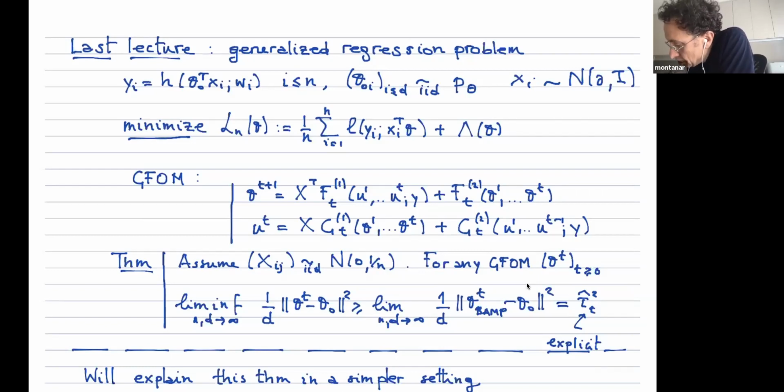Then for any GFOM, the limit of the estimation error, which is what we are interested in, is lower bounded by the limit of the estimation error of a certain specific GFOM that is Bayes AMP, and this itself can be computed explicitly through a recursive set of equations that is called state evolution. Okay, and I described a little bit these two types of algorithms